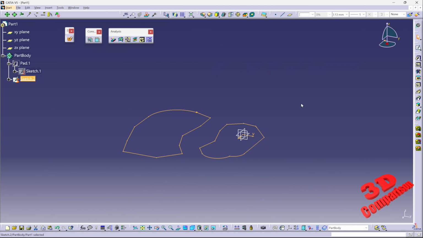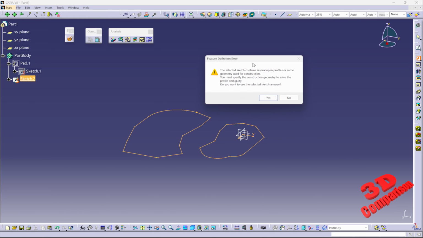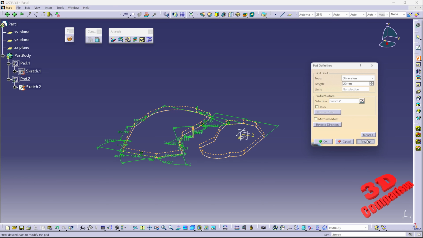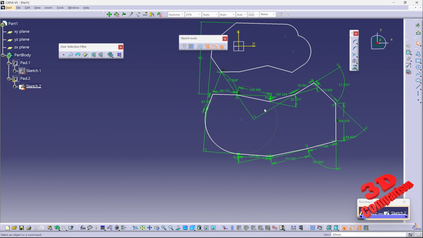If I will leave this sketch, if I will try to pad this, we're going to see that one of them will have an open profile, which I know is this one because I didn't close that. If I'm going to hit OK, if I'm going to hit preview, it will be as following. But I can go ahead and I can only select one of those profiles, or I can go within the